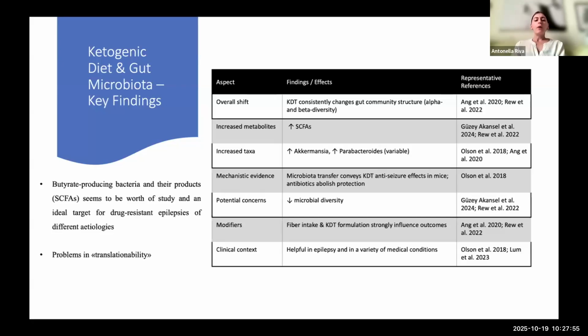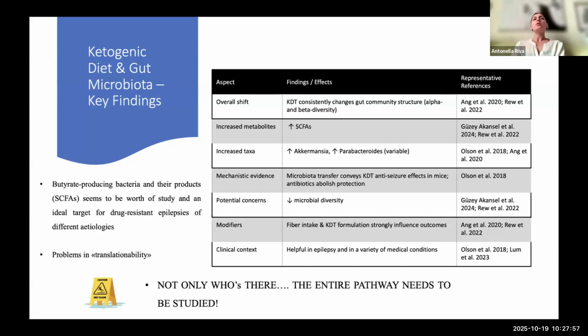And so the key point is that it's not all important who is there, so the bacterial species which are in the gut, but I would say what they produce and release systemically. And so this would be the biomarker that we will be able to use in the very close future through this kind of